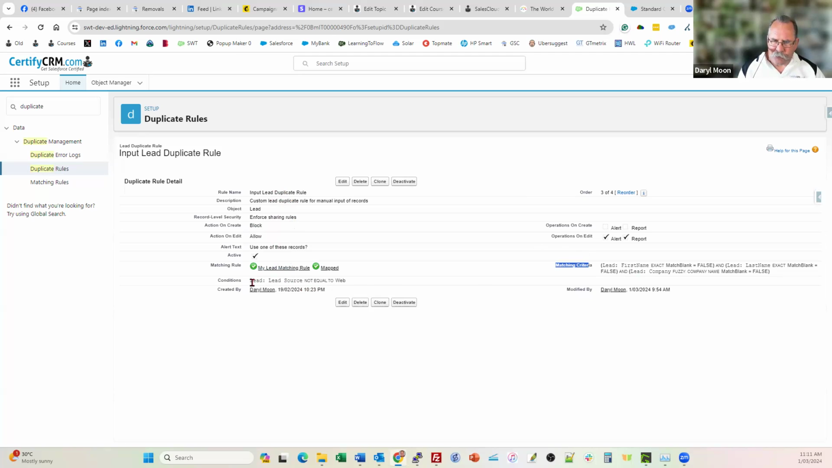But there's a condition. And the condition is that this lead source, so that's a field on the lead record, is not equal to web. Okay, so if the lead source is something else, then we're going to block the creation of a duplicate. Now, why would we want to do that? It's a good question. And this question came up just the other day